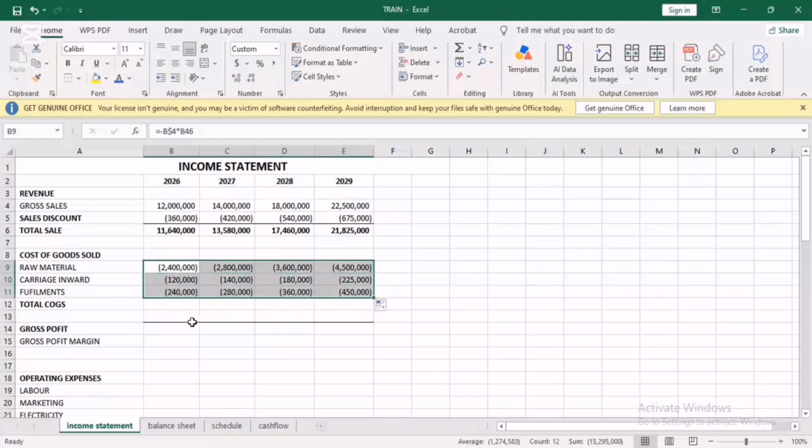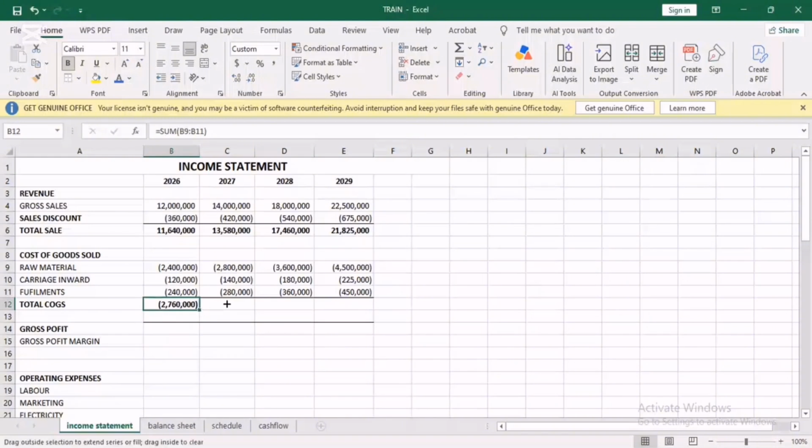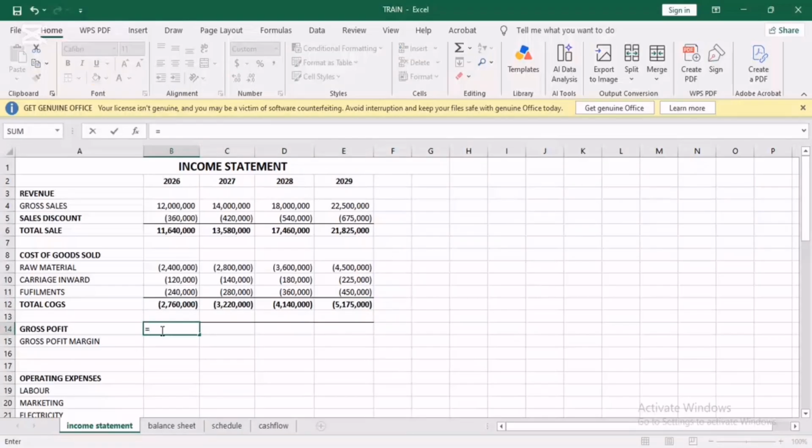So what do we do next? Let's get our total cost of goods. So we hit from here and summation. Absolutely. So now let's get it straight. This is the total cost of goods, the total direct cost forecasted for the four-year period. Now let's determine our net gross profit. So let's do that by hitting equal to, then our total sale